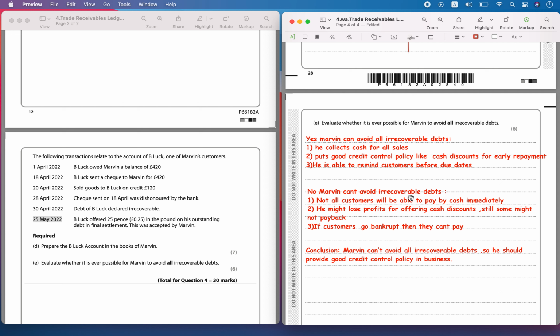However, we can see that not all customers will like to do cash sales. It means he might lose out on some customers. He might also incur some costs, or lose profits because he is offering cash discounts. And still customers might not pay back if they don't have money in their account, or if they are bankrupt. So in conclusion, you can say Marvin cannot avoid all irrecoverable debt, so he should have a good credit